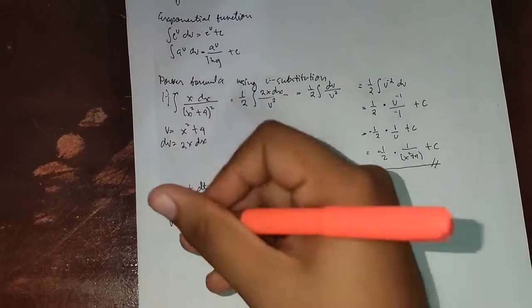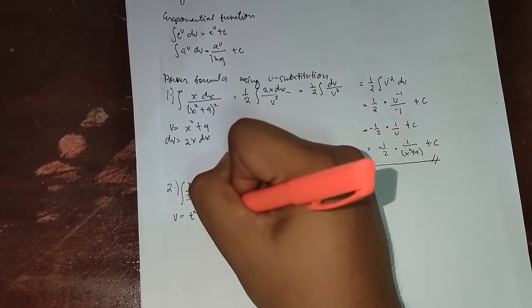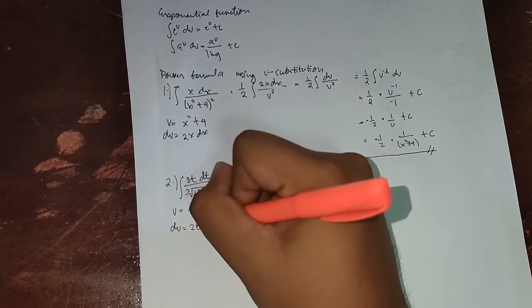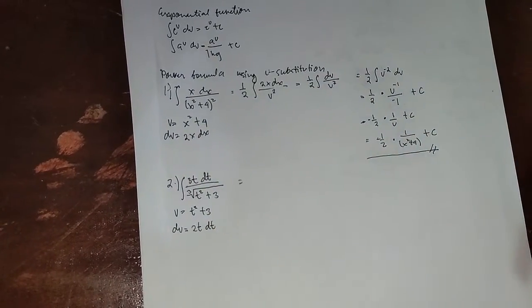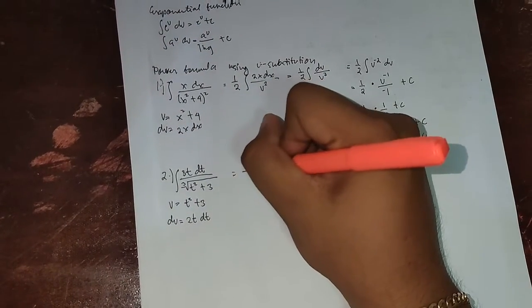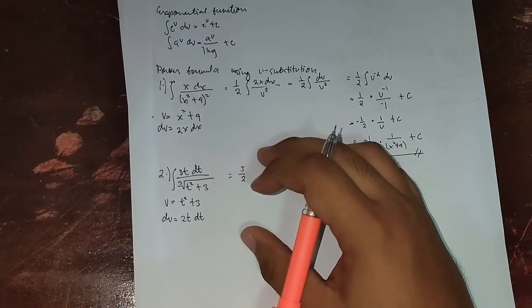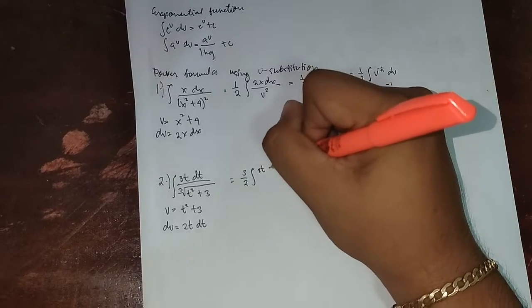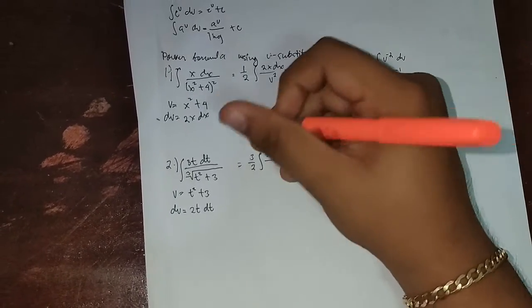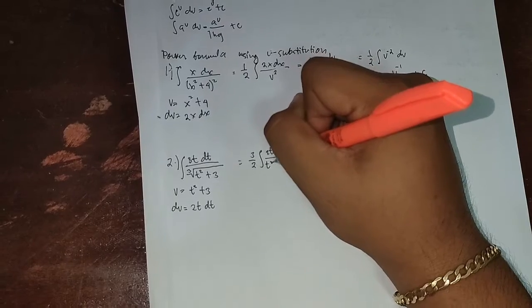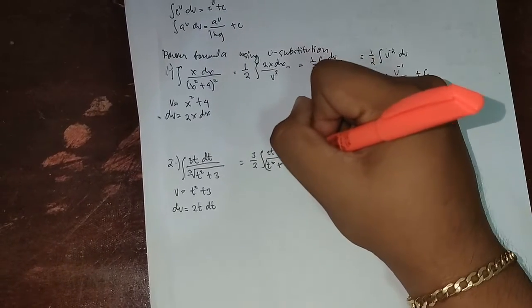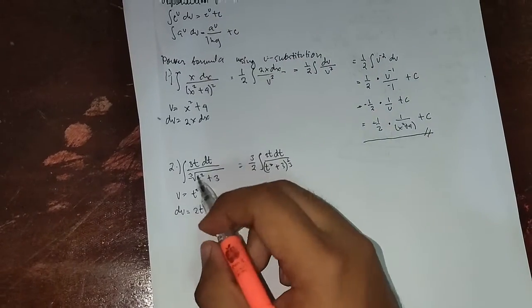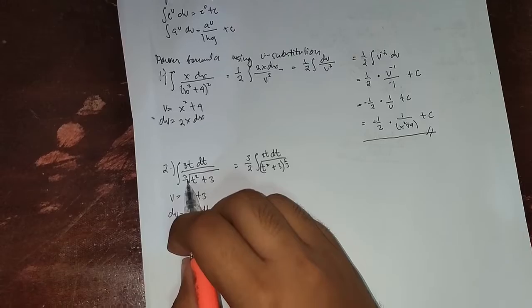So our u here is t squared plus 3, and the derivative of that is 2t dt, so we need 3/2. So our equation will be balanced: 3/2 integral of 2t dt over (t squared plus 3) to the 1/3. Our 1/3 here is just the fraction form of cube root,